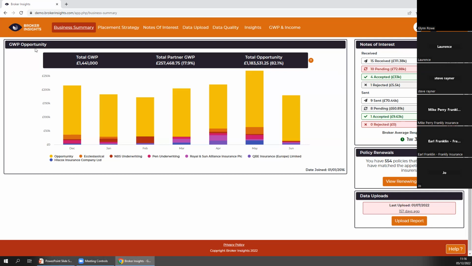So just quickly running down through the screen, to give you an idea as to what this actually shows and what this all represents. Starting with this GWP opportunity graph. You've got a total GWP in the top left corner, which represents your total commercial book of business coming due for renewal over the coming 12 months. So it may not be everything you have in your book. It's just there to show you what you've got coming up over the next 12 months, commercially wise.